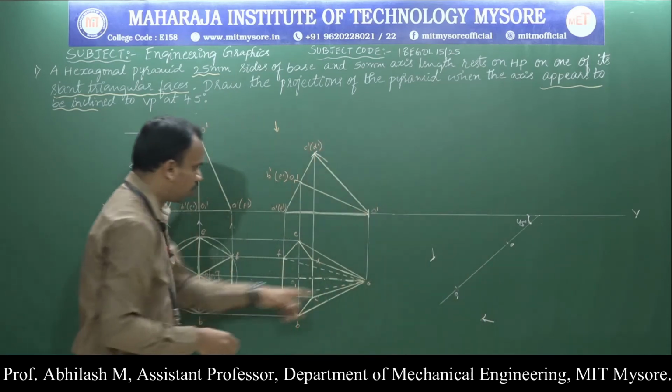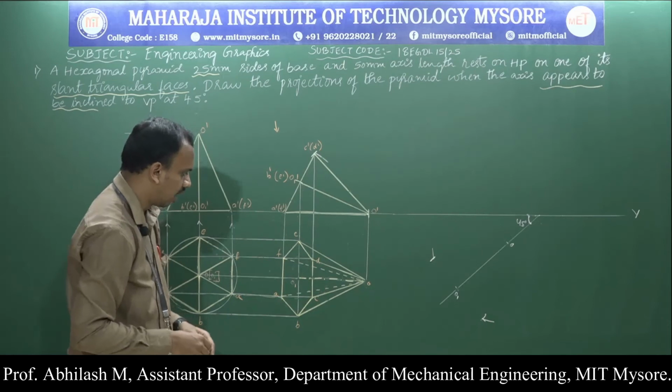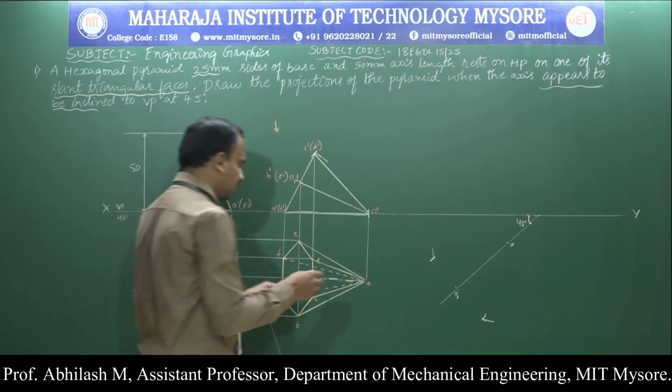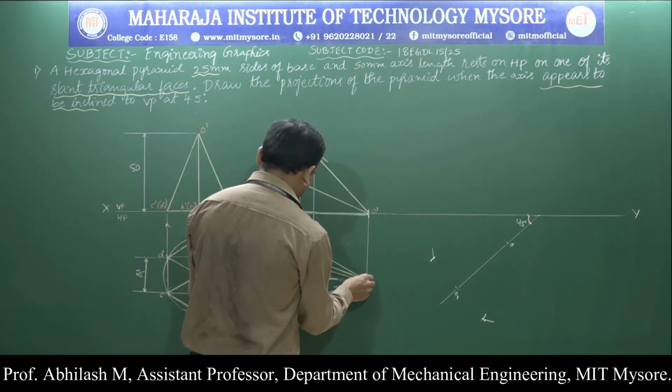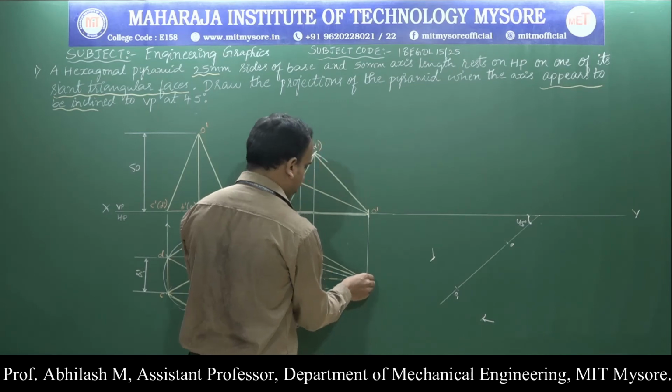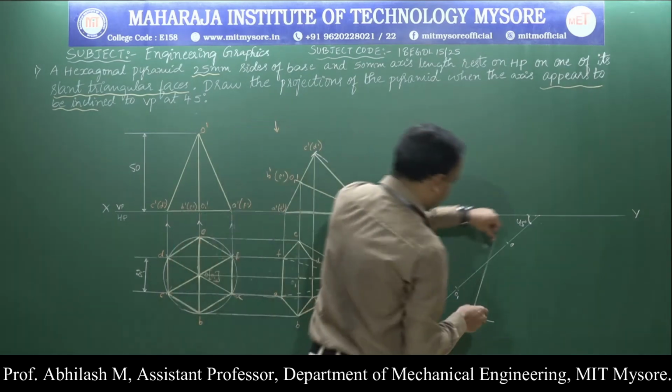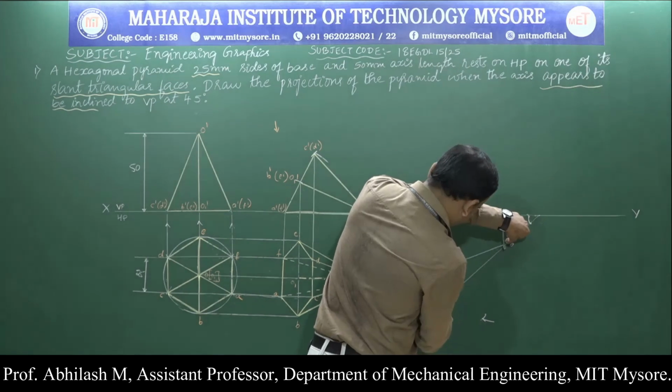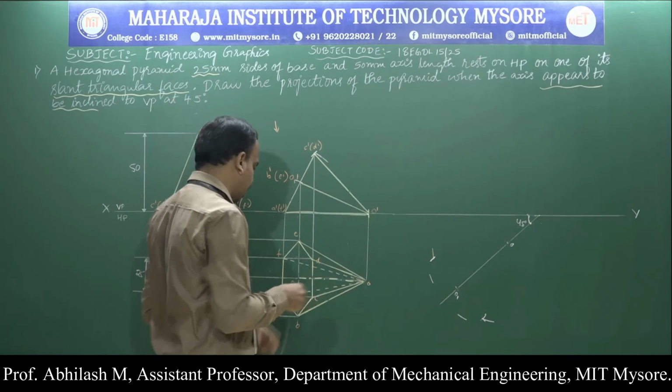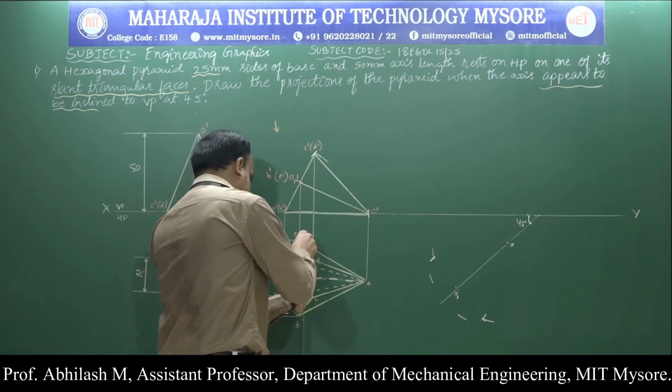And O to F and O to A are along the same distance. So measure from F to O, it will be the same basically. So F to O, and from O1 we are supposed to measure again